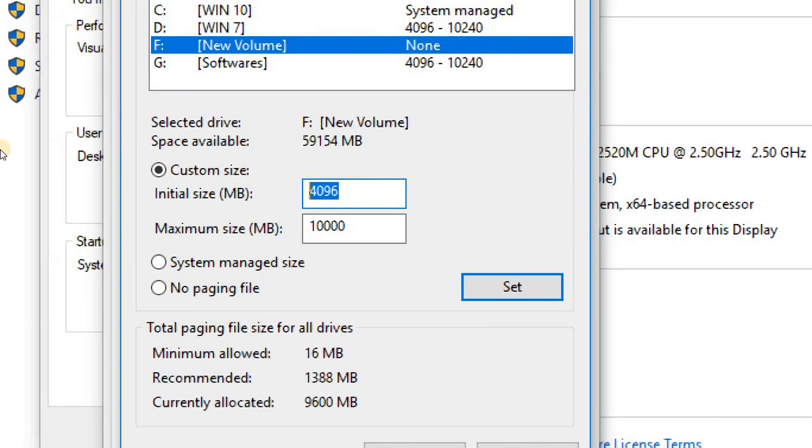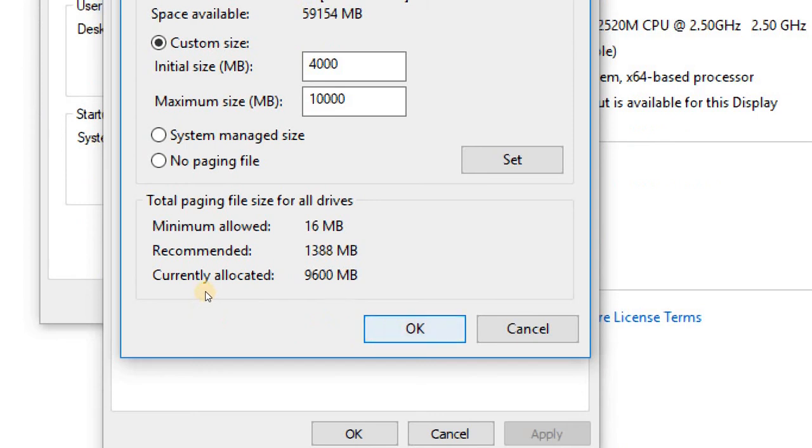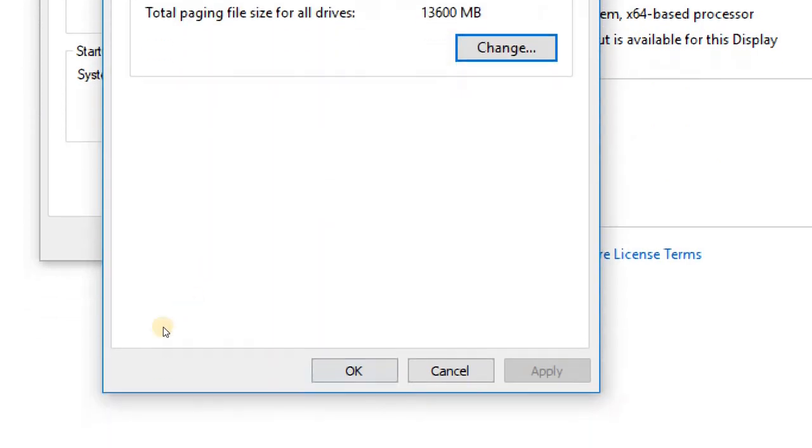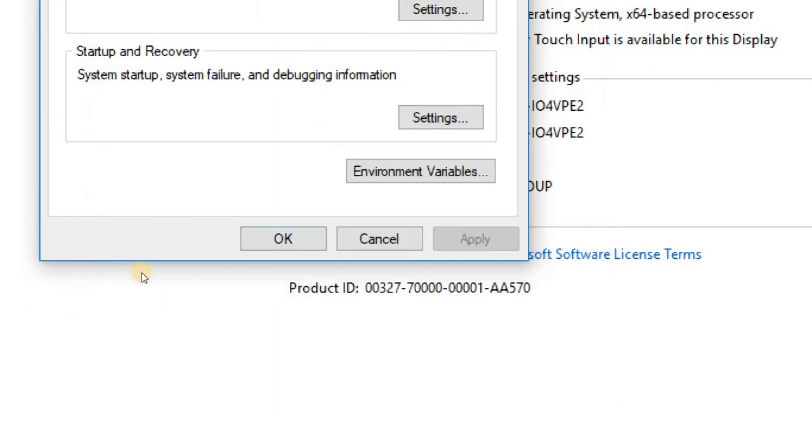You can give 4,000 for the initial size, no problem. It will accept 4 GB multiplied by 2.5. Then go to Set, then OK, OK, and OK.